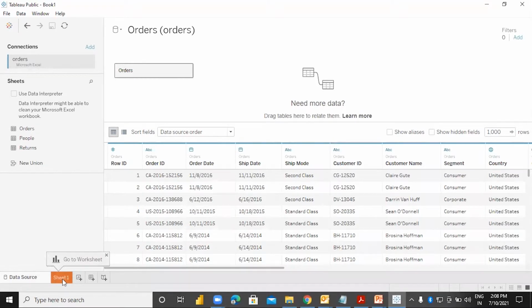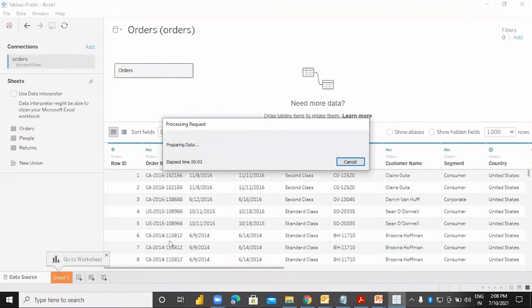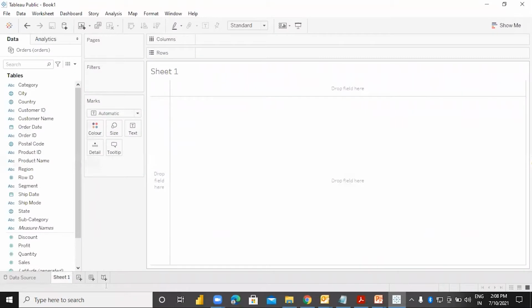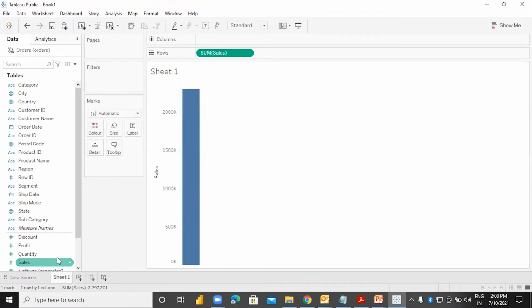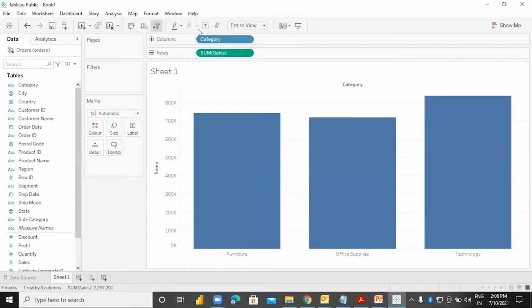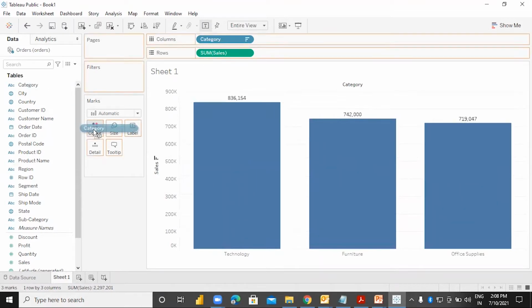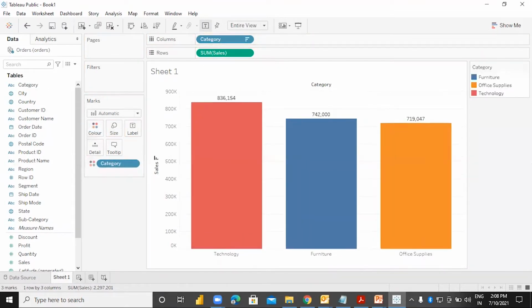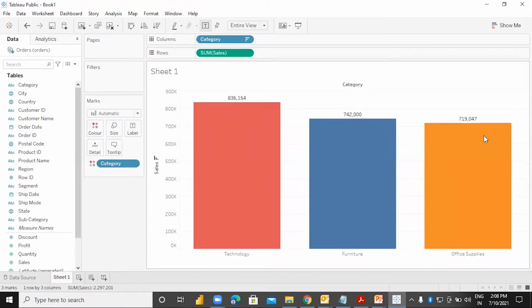And to create a dashboard, first of all, I need to have some worksheets. So we will be creating a few worksheets over here. Let me take the sales on the basis of category. Let's make it an entire view, sorting, labeling, and putting the category into the color. I don't want this card, so I'm removing it from here. Let me name it category.